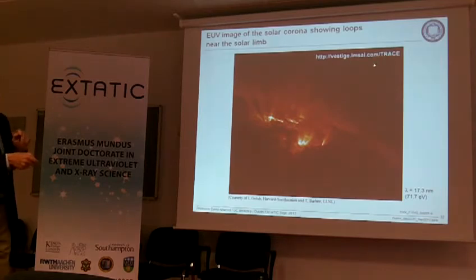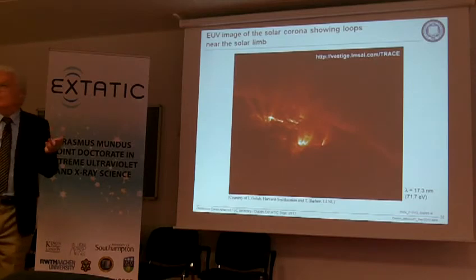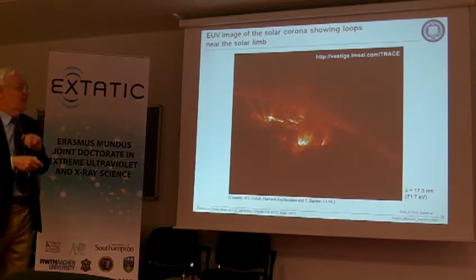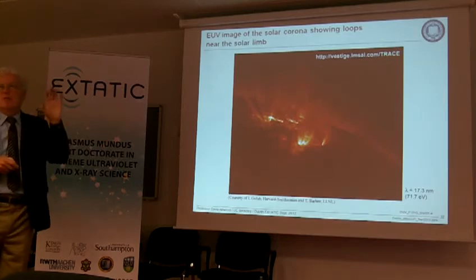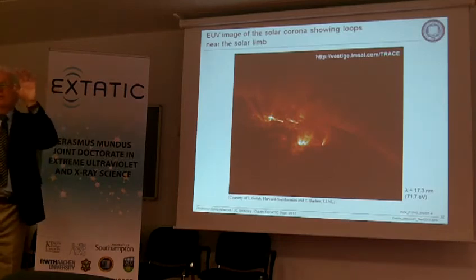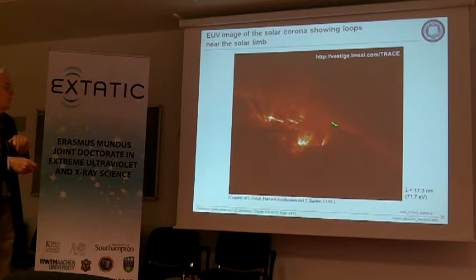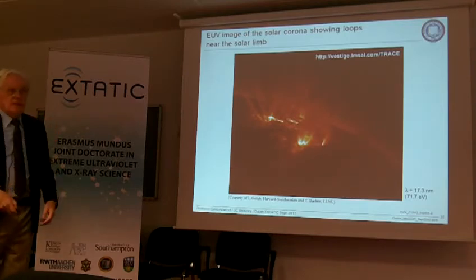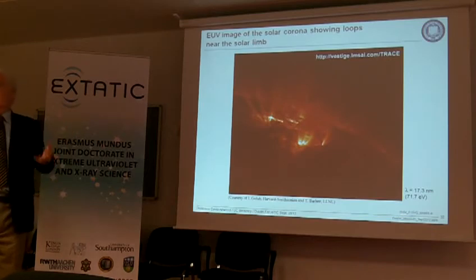Okay, so you can look at this. Every time there's a solar storm on the news, I hear the word TRACE. It's this imaging system that's up there. It's always looking at its position, so it's always looking at the sun. It takes these beautiful images every few seconds, and the ejected particles that come out make a solar storm